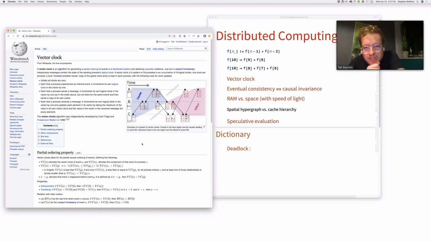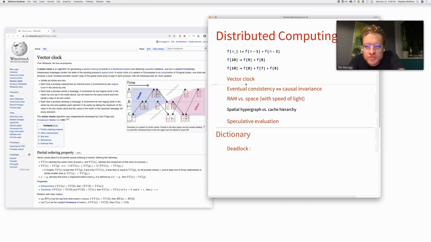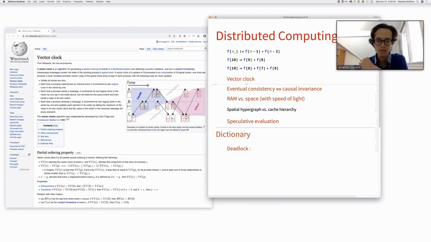It's a beautifully simple idea. It's a way of computing a bound on the causal influence of other processes for a given processor. Whenever a processor communicates with other processors, it can get their opinion of the global time. That global time doesn't have to be accurate for any one processor, but it'll be accurate to the point that it matters. If there is any causal relationship between two processes, then the vector clock maintained by both of them will tell them what the time ordering relationship is, like what events happened before what other events that they could both observe, right? That's the cool property that they have. So it's propagating a forward light cone,